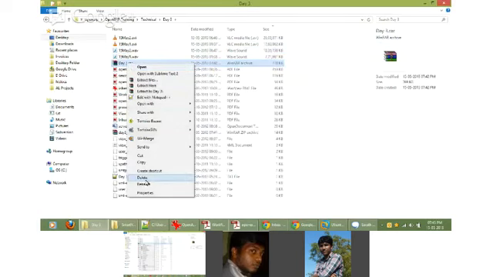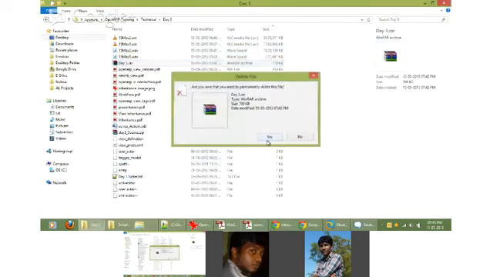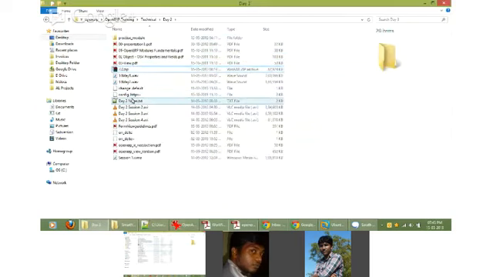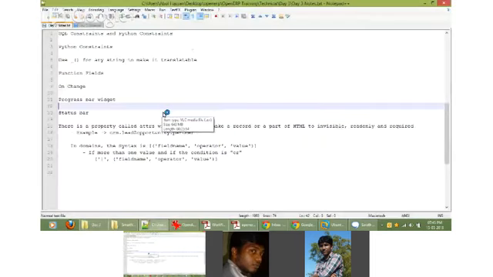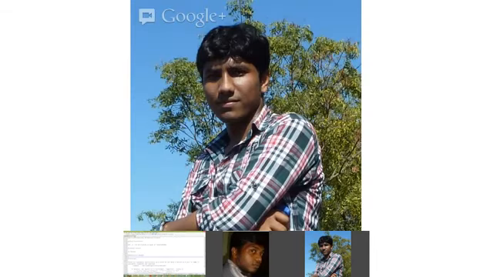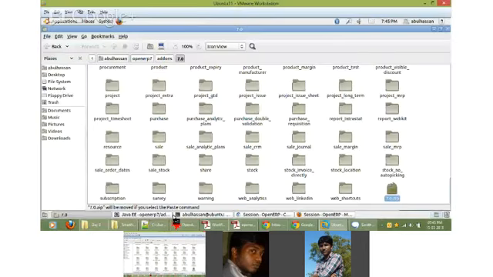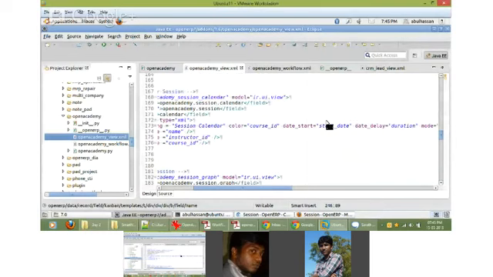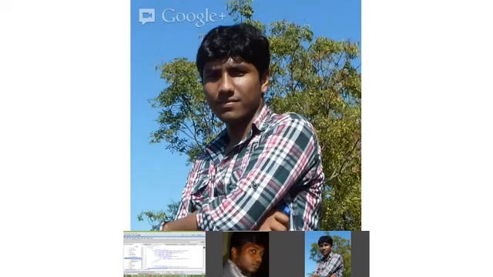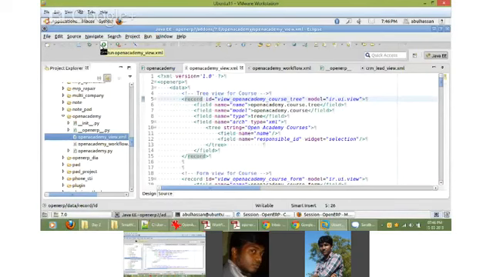I've sent you the code, whatever I've created until day 3. Guys, are you able to see my code? Yes, but not that clear. Okay, I thought so. I will increase the resolution.